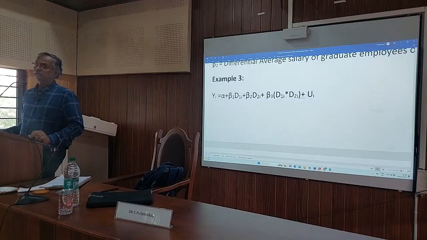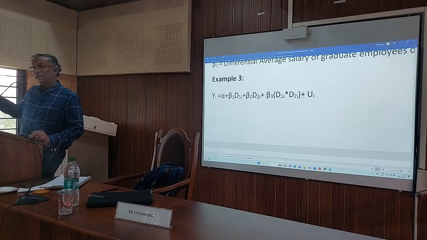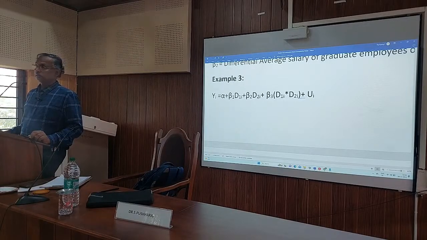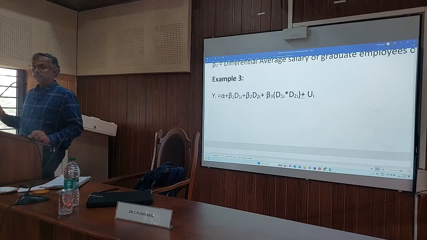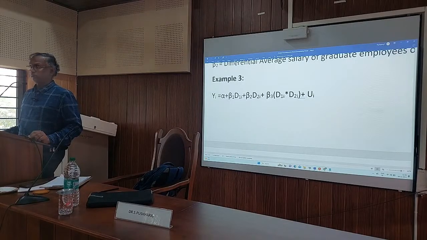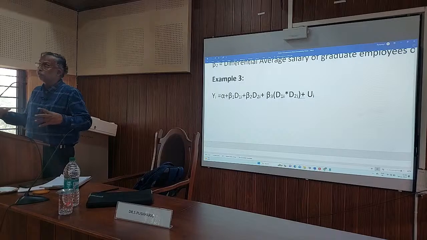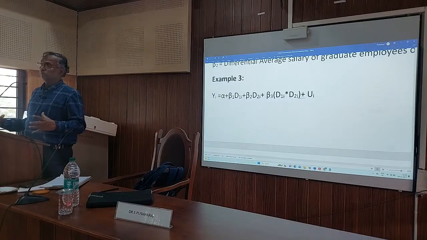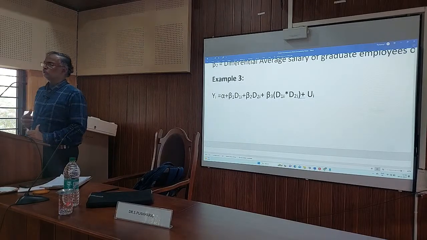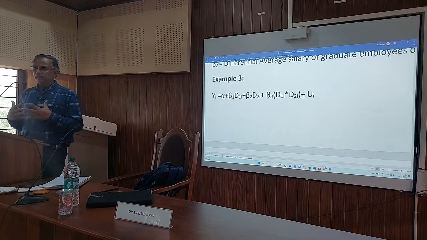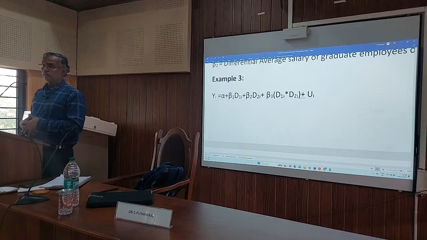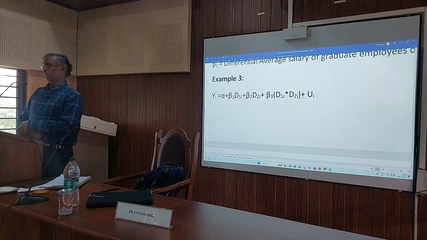This beta 3 will talk about the double advantaged employees, right? Literate male employees, the premium salary of the literate male employees, right? So this is how the average is decomposed. The average is decomposed in these models, right? So these models have got distinct advantage over the traditional T and F tests, because